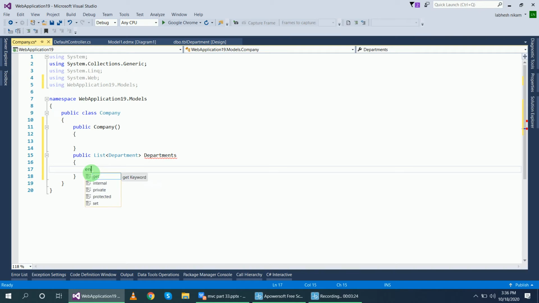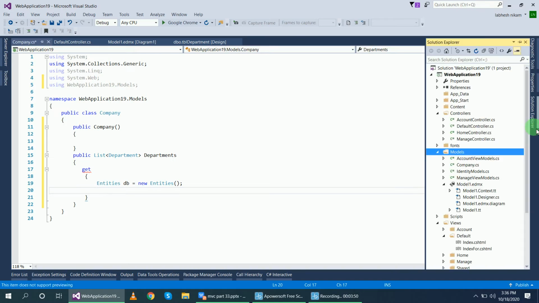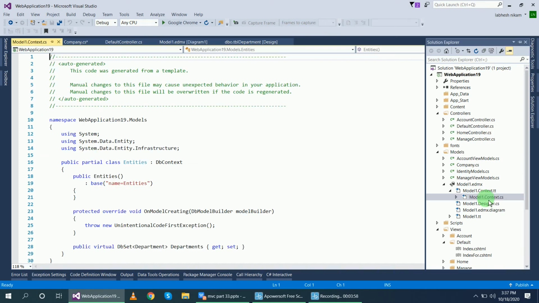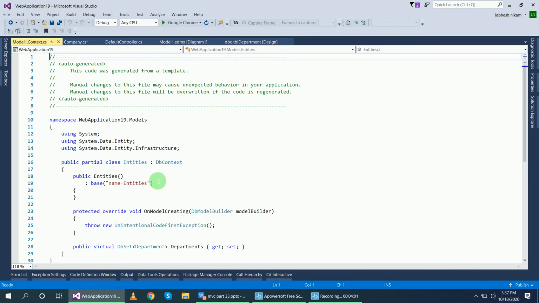For that I will create the object of entities: db equal to new Entities. This Entities comes from here. You can see the data entity model, inside of that this Model1.Context class, and inside of that this Entities context class.